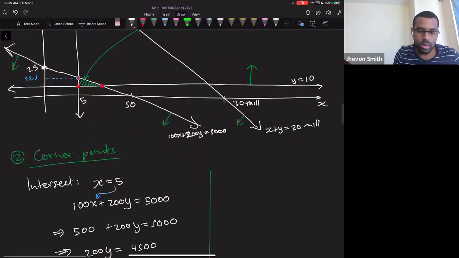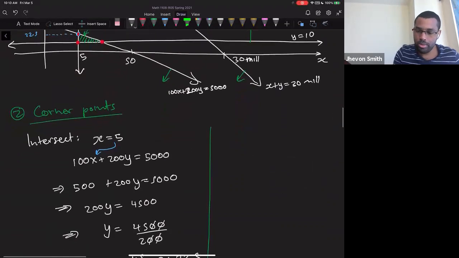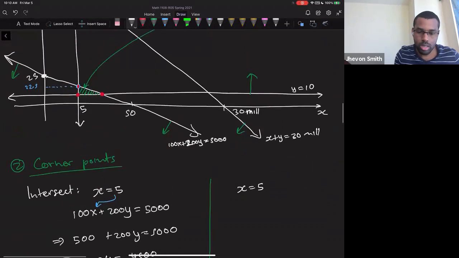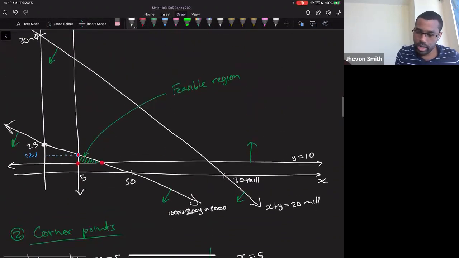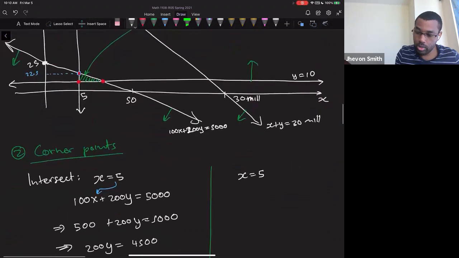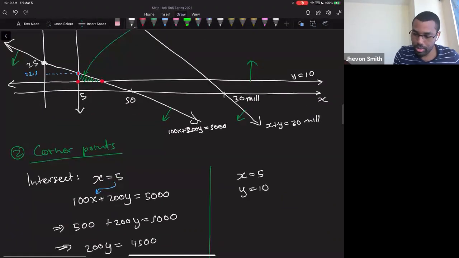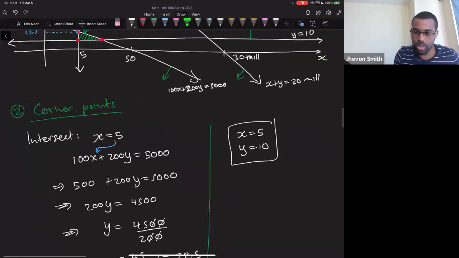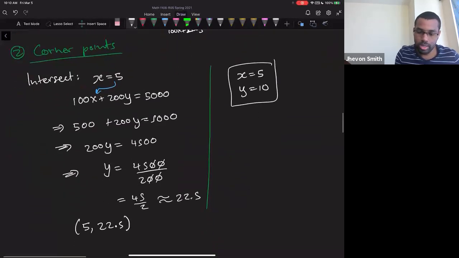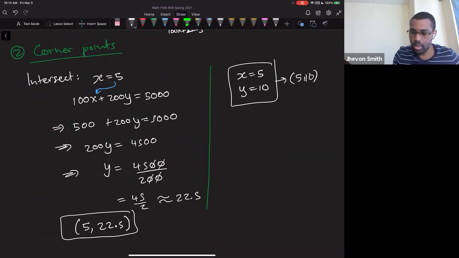Another one is, again, x is 5, and that intersects with y equals 10, right? That was actually for free. Then there's going to be another line. So this is the first one. This, 5, 10, is the second one. And then for the third one, we're going to intersect